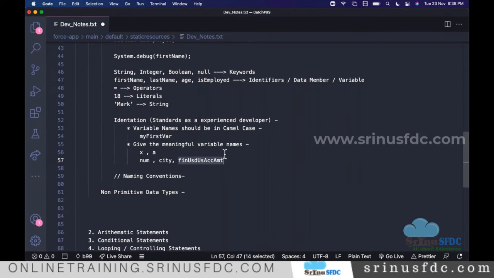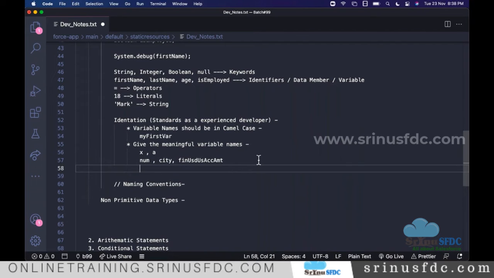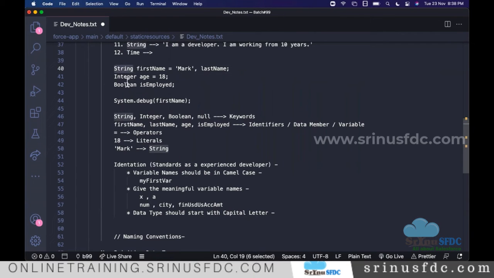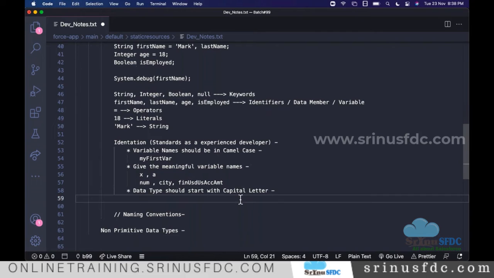So these are some things as part of the indentation. And also, whenever we define the data type, it should start with a capital letter. Anyway, you will be seeing only one word for all the data types. If you observe here on top, wherever I am defining the data types, I'm starting with a capital letter, right?